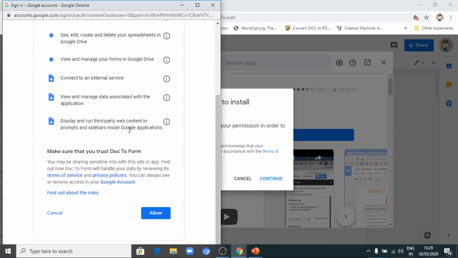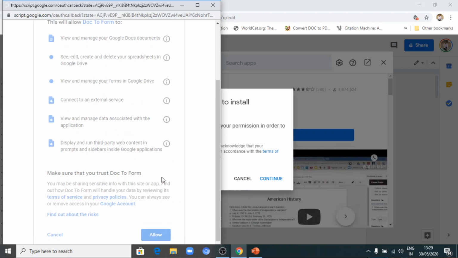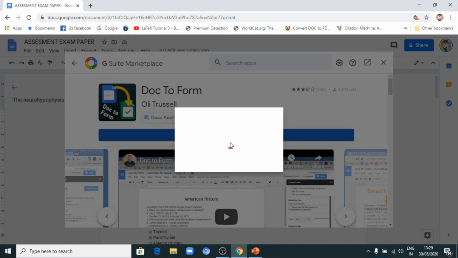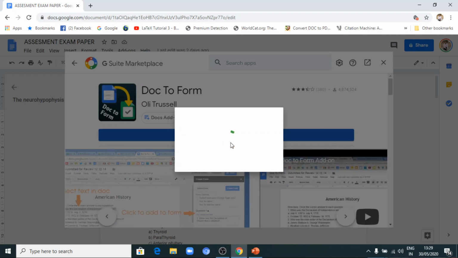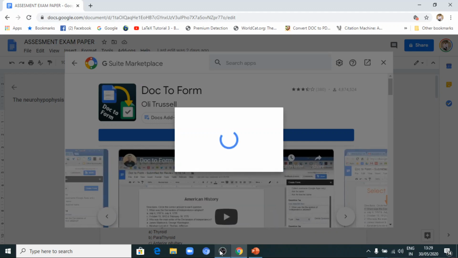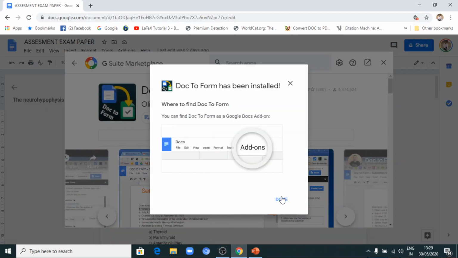Then it will ask for the permissions. Simply allow them. Now it is done.